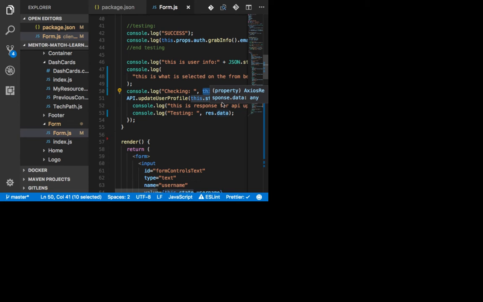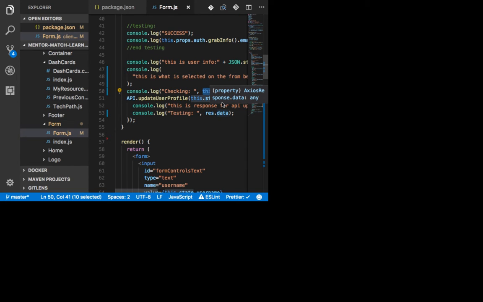Now, here's the interesting question, because we get the data here in the state. It's only available to this component, but the other component needs this data, and they don't have the same state.